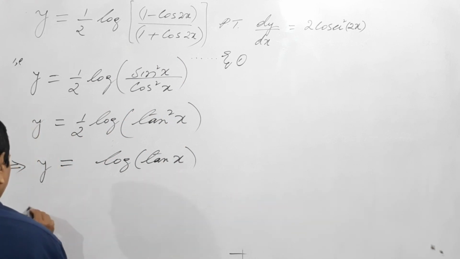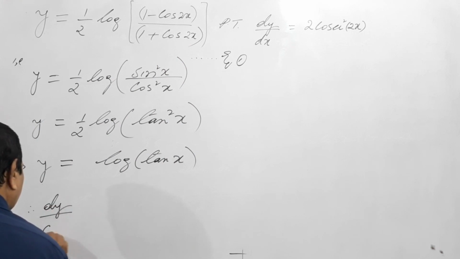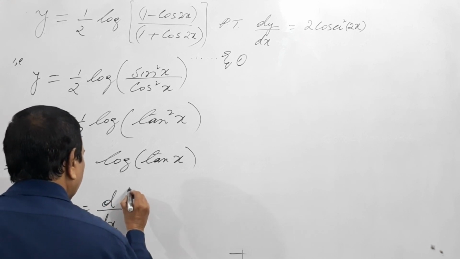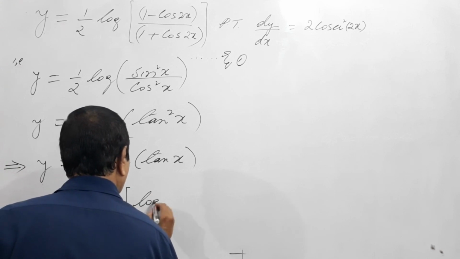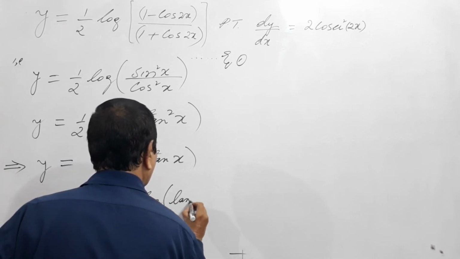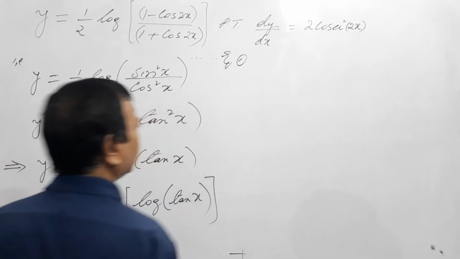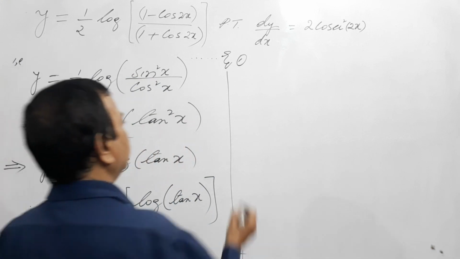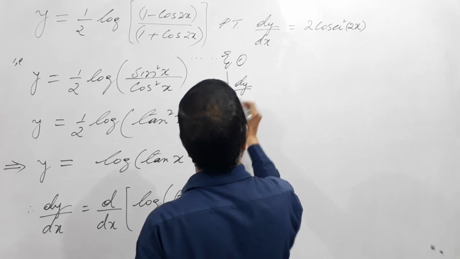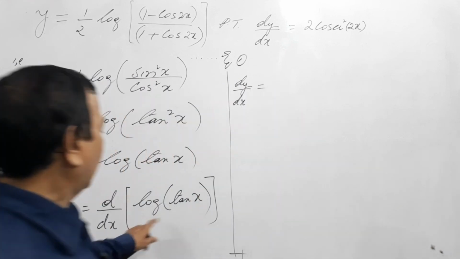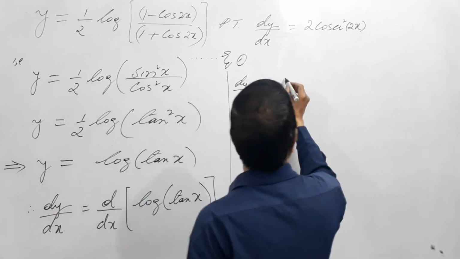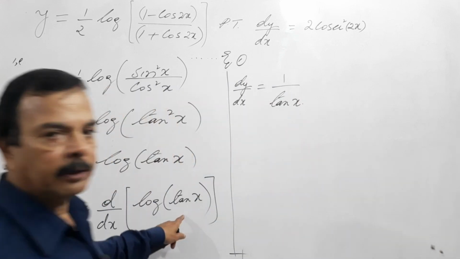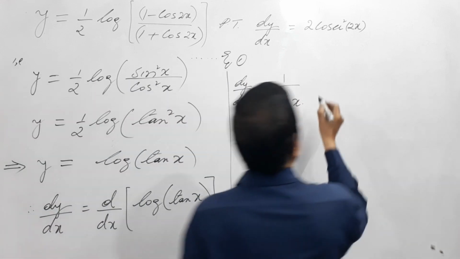Therefore dy by dx equals d by dx of log of tan x. So I differentiate this. What happens is, dy by dx equals 1 by tan x, the derivative of log of tan x. The differentiation of tan x is secant square x. So this becomes 1 by tan x into